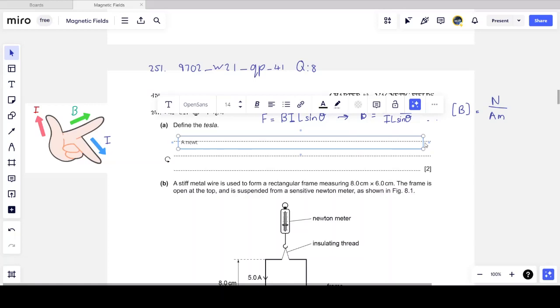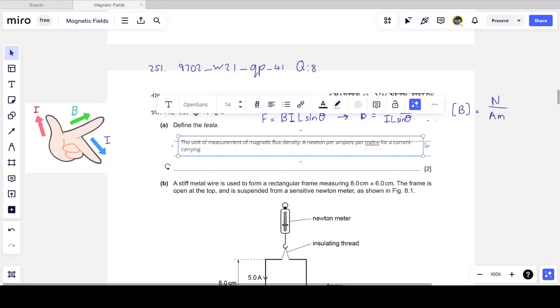So a Tesla is a unit of measurement. I mean, we can say the unit of measurement of magnetic flux density. That's the first point that I would write. And what it is exactly is, now be very careful, the question asks me to define the Tesla, not to define the magnetic flux density. When defining a unit of measurement, define it in terms of other units. So it is a Newton per ampere per meter for a